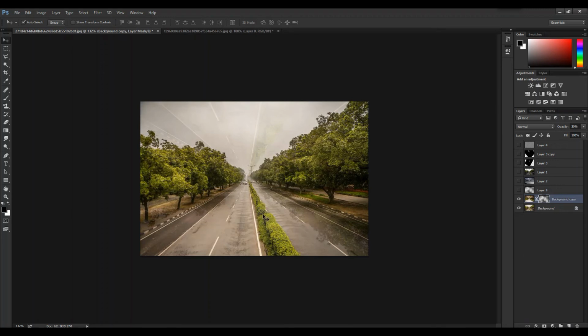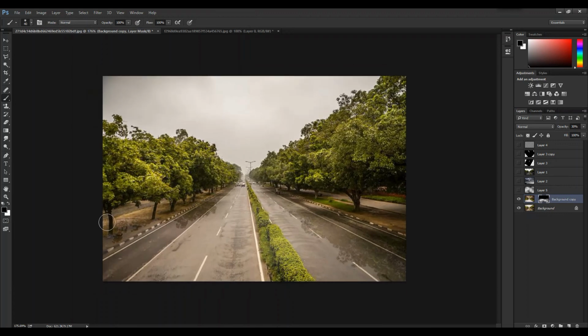Now simply you can transform this layer, but make sure that you unlock the link created between both the layers. The rest you can erase with the help of the brush tool.